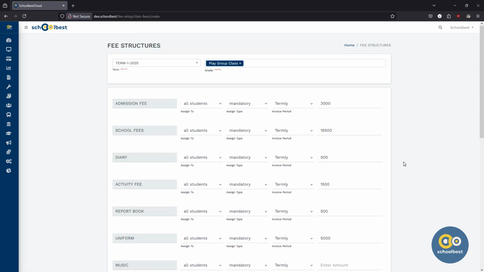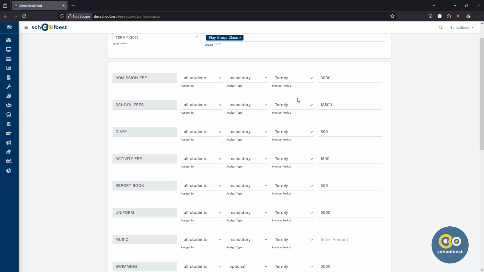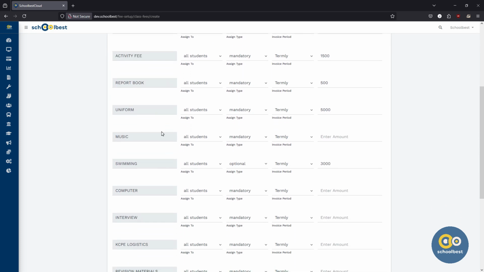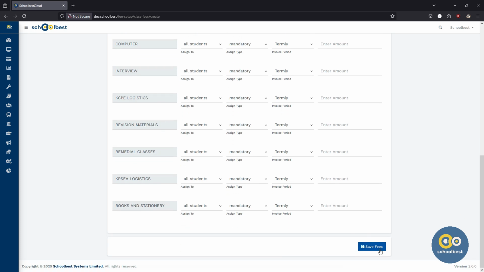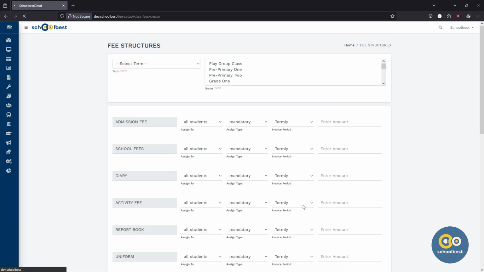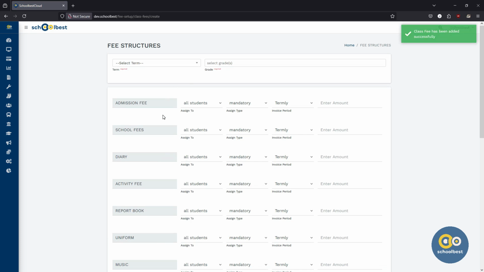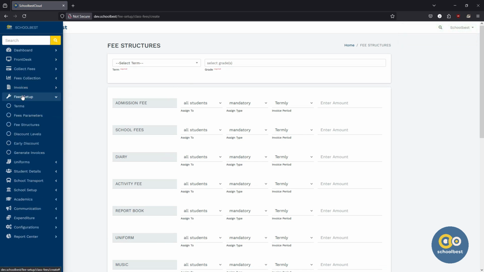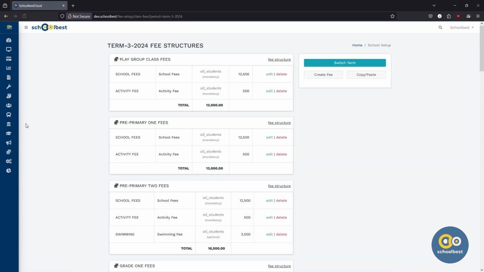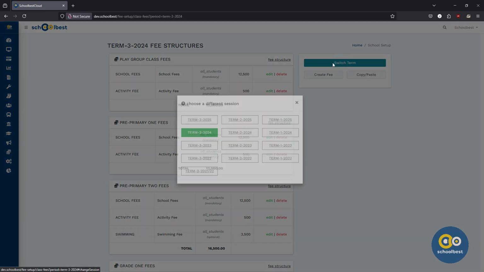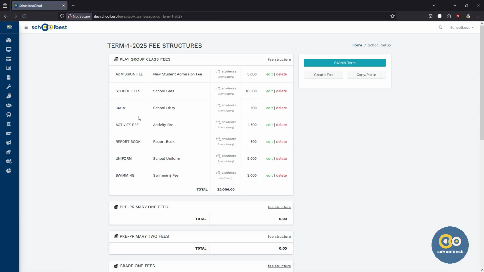So I'll go back and confirm I've selected the correct term and the correct class or grade. Then I've entered the amount with the correct assign type and assign to. Once I confirm everything is okay, I'll click on save. And my fee structure has been created. So if I head back to fee setup and I click on fee structure, I switch to term 1 2025, I can see that I have fee structure for playgroup with the name, the